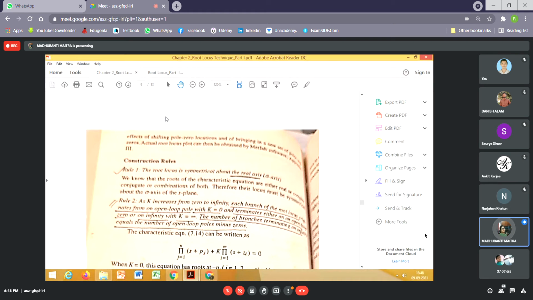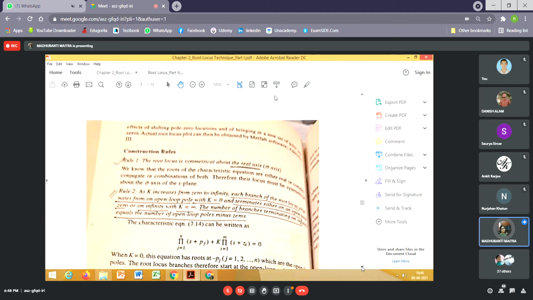Learn the construction rules with the help of which we can construct an approximate root locus with ease. Now, rule number one actually doesn't help us in constructing the root locus. But after construction, when you develop the complete root locus,